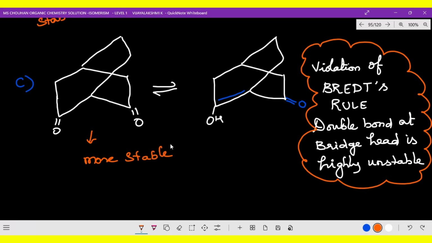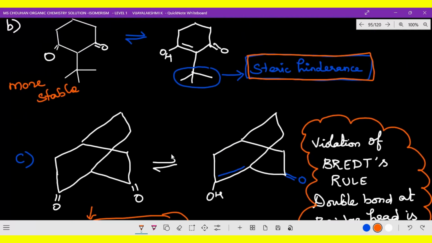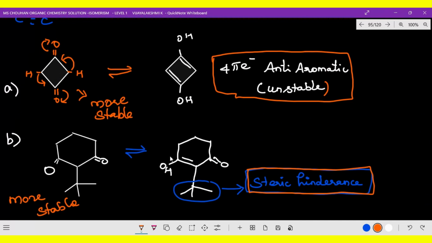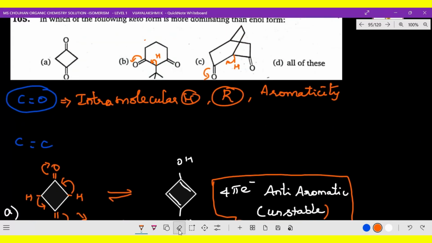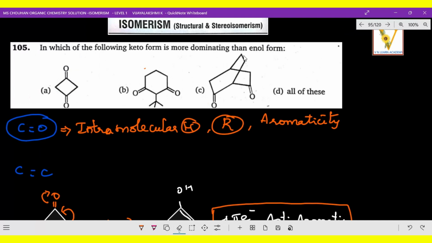So that means all these three compounds, first compound, second compound, third compound, everything is stable. So which is the correct option? Now as we are talking about this point over here, this is more stable and this is also more stable. So option A is more stable, or option B, or option C. Generally speaking, the keto form is more stable than the enol form, but it is not applicable for all compounds. As we observe these examples, you will come to know that idea.